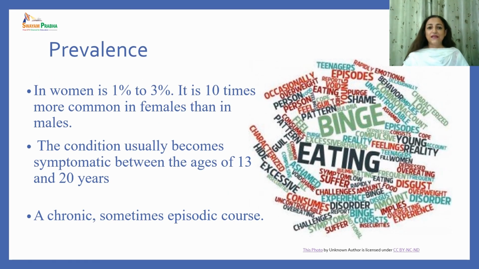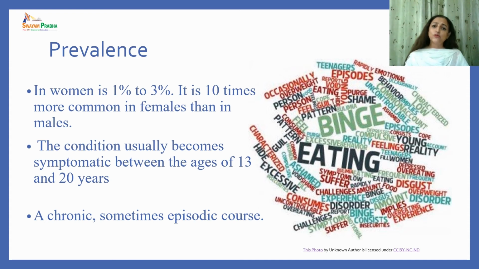Coming to prevalence, we do not have much data on the Indian population related to this disorder, but as per the American Psychiatric Association, the prevalence of bulimia nervosa in women is around 1 to 3%. It is 10 times higher in females than males. The condition usually becomes symptomatic between the age of 13 to 20 years, and then it has a chronic